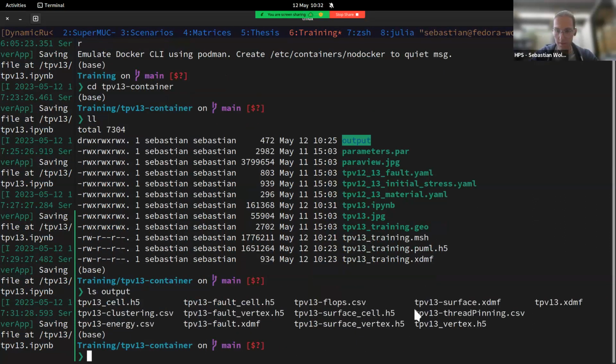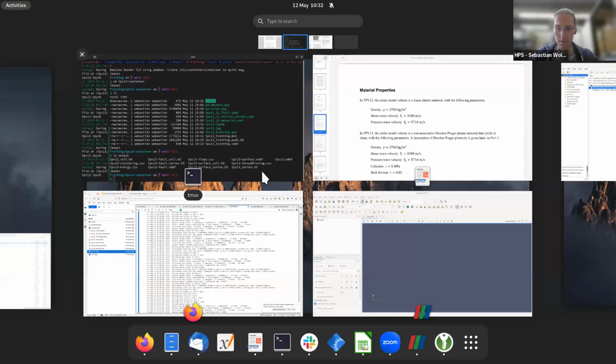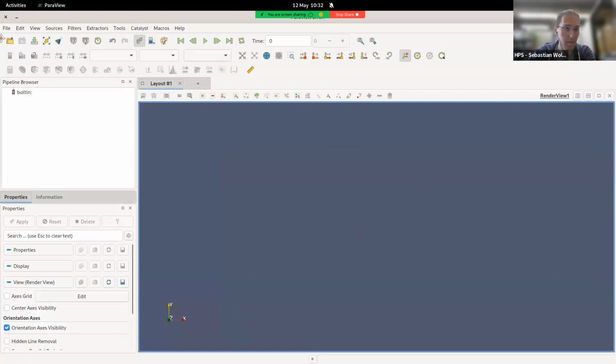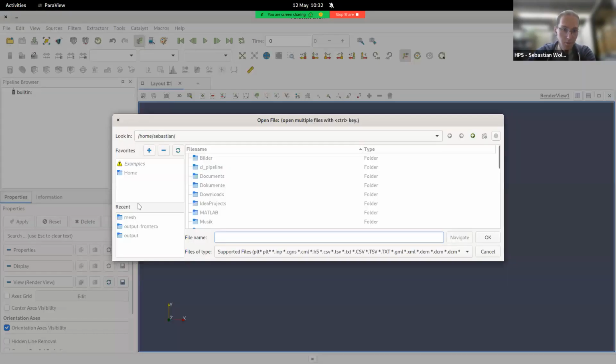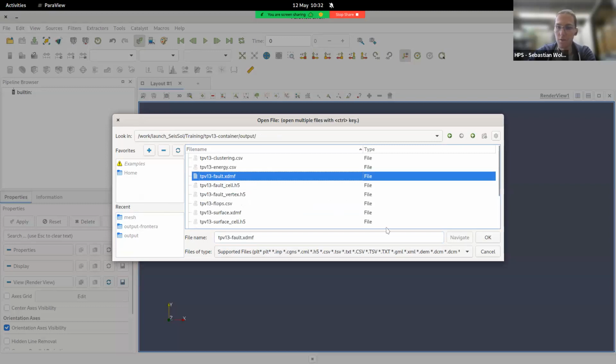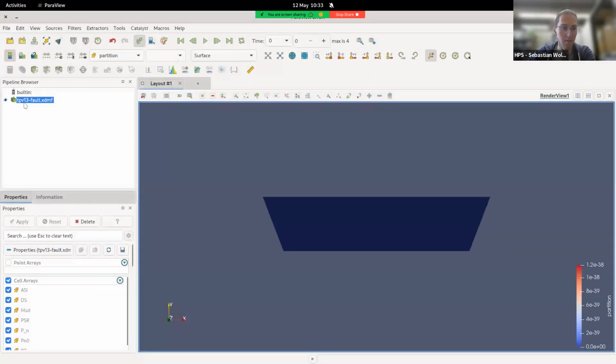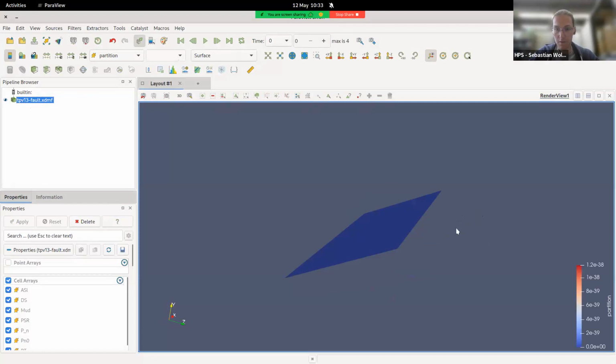There are all the files in the output, and let's have a look at them. So I open my ParaView, and I will go to where this is. So no, it's not there. Where is it? Okay, I have to search the files on my file system. So here's the output, and maybe let's have a look at the fault first. So let's select this fault XDMF file. So we have the prefix TPV13, and then SeisSol adds a minus fault and the XDMF, and so we can